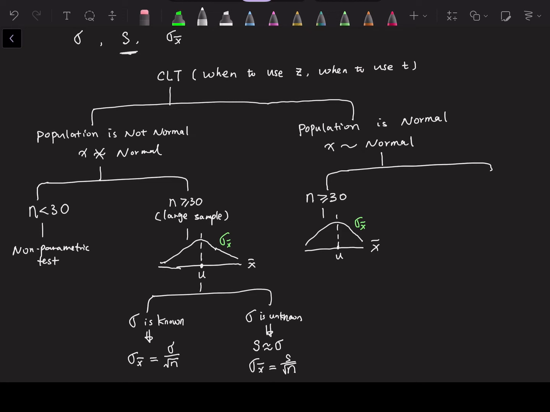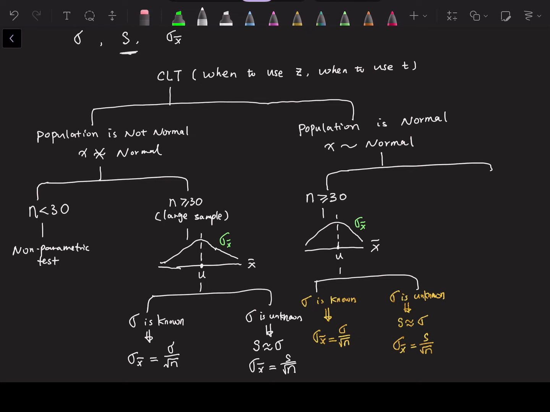If the population standard deviation is known, the standard error of the sample mean just equals sigma over the square root of n. And if sigma is unknown, it doesn't matter because you have a large sample, so you can use the sample standard deviation to approximate the population standard deviation. Then the standard error of the sample mean equals s over the square root of n. And when n is small, the other branch,